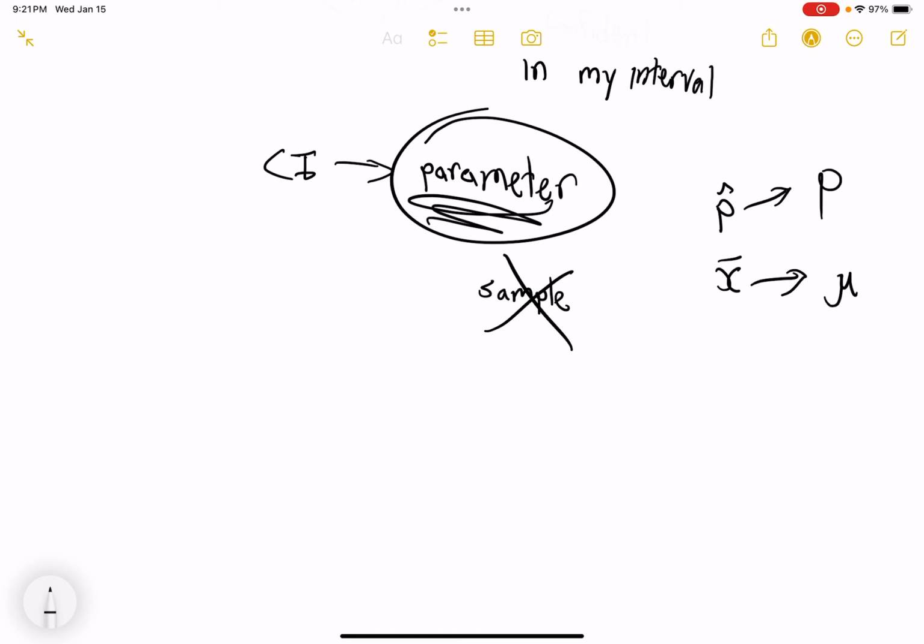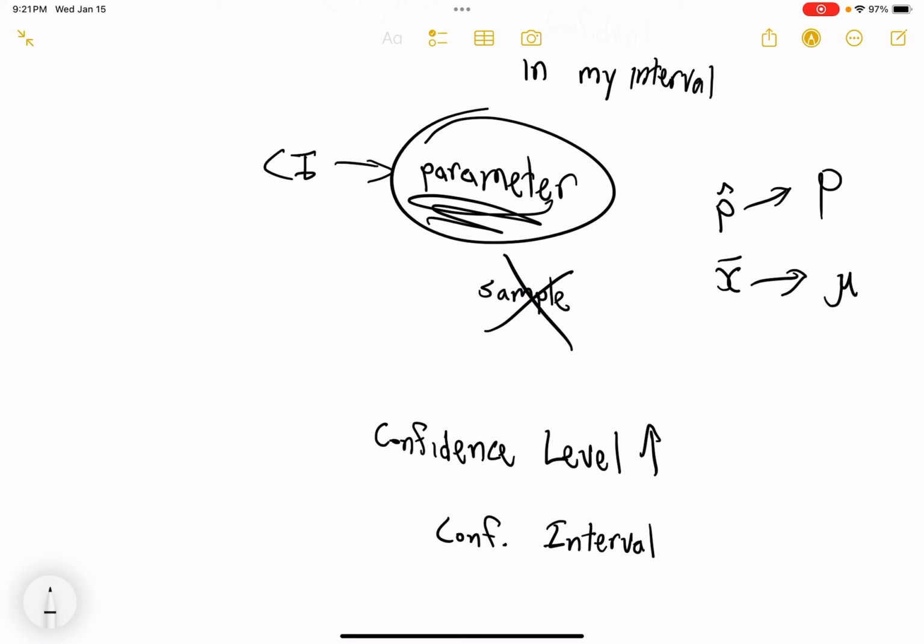Okay? Another thing to keep in mind, and this should make good sense: the higher your confidence level is, so as confidence level goes up, your confidence interval must essentially widen. Why? Well, because if you want to be more and more certain in your values, you're going to want to hit more possible values, right? I'm more sure that there is candy within 1,000 feet of me than I am that there's candy within 50